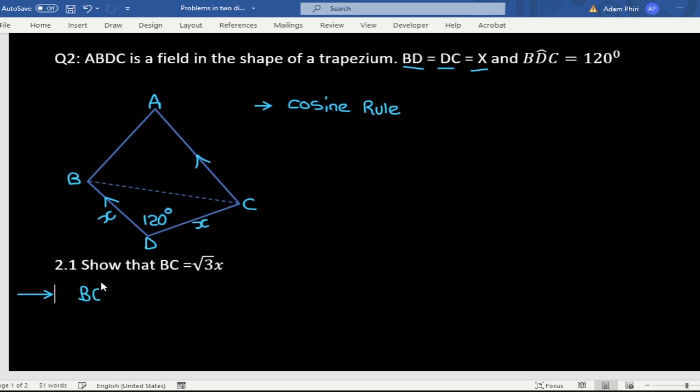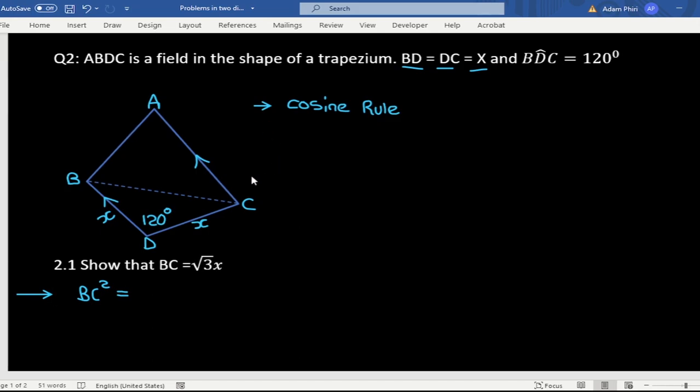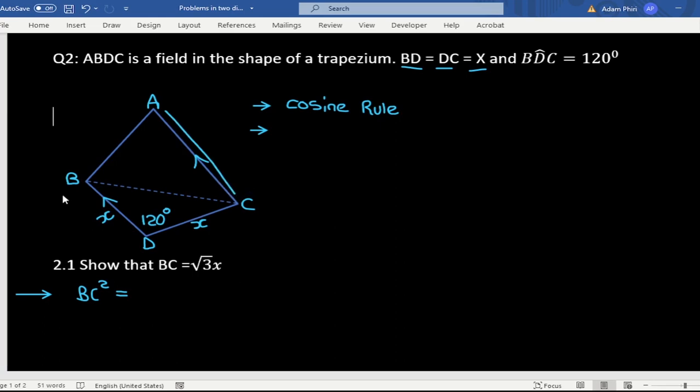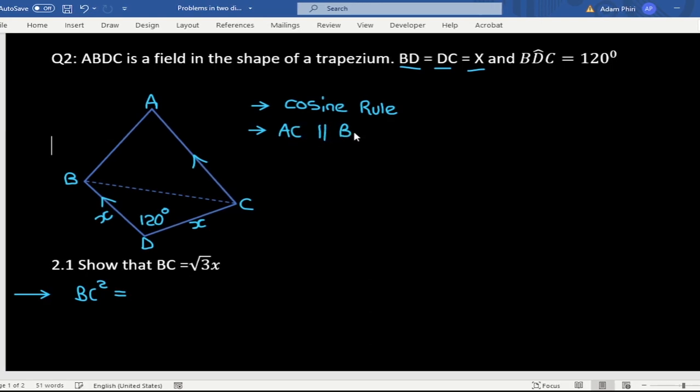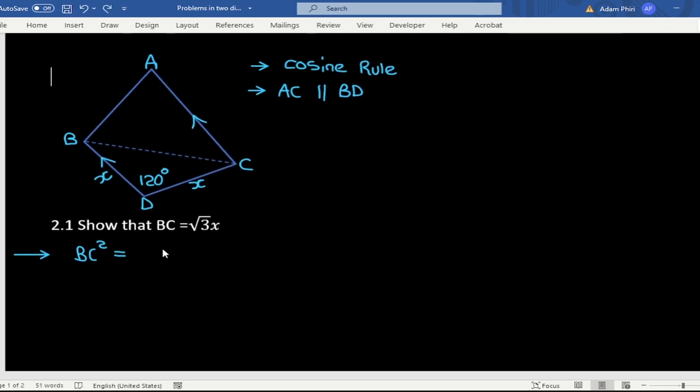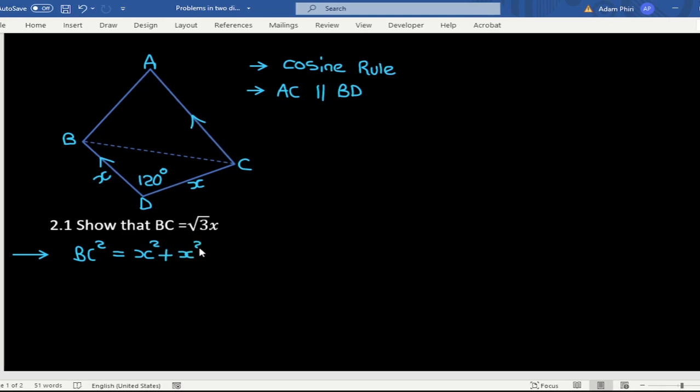So we have BC squared is equals to... We have also AC parallel to BC. AC parallel to BD. So we have BC squared is equals to x squared plus x squared, the two sides, minus 2 times x multiplied by x